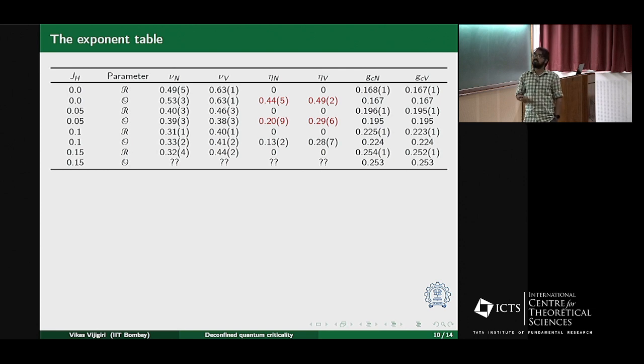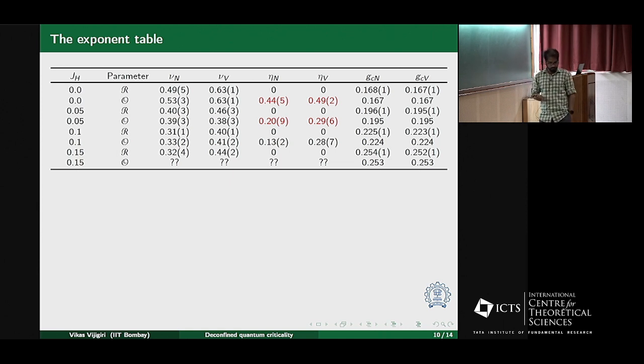When we tried to fit our data, we anticipated a much higher JH value to be needed for an SU2 universality class, but we never expected that such a small value, 0.05 for example, would give a different universality class. So we had invested a lot of time in higher JH values, and then we came back to collecting data between 0 and 0.1,